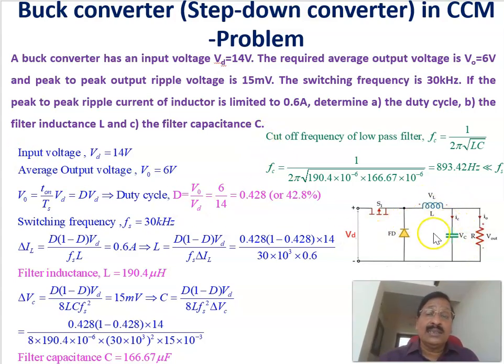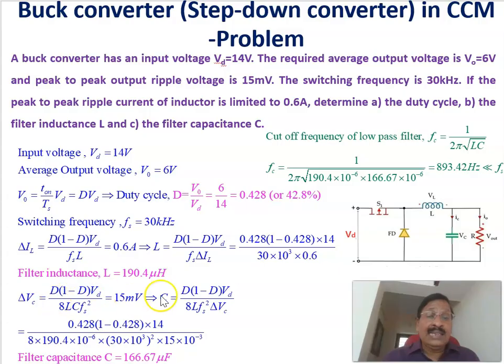First, we have to find the duty cycle. Input voltage is 14 volts, output voltage is 6 volts. Output voltage equals D times Vd. From that, duty cycle equals V0 divided by Vd, 6 divided by 14, 0.428 or 42.8% is the duty cycle of the switch. The switching frequency is given as 30 kilohertz. The equation to find the inductance, as we already saw, is D into 1 minus D into Vd divided by F into delta IL. Delta IL is given as 0.6 amperes. Substituting that in this equation, we get the inductance to limit the current ripple to 0.6 amperes equal to 190.4